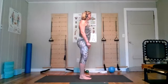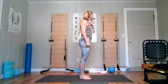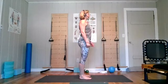Take your shoulders up to your ears, behind your ears, and relax them down. And again, shoulders up, shoulders back, shoulders down. One more time, shoulders up, shoulders back, and shoulders down. Check in with your head position. We have a tendency to just kind of stick our chin forward. So see if you can just kind of draw that back and line things up a little bit more vertically